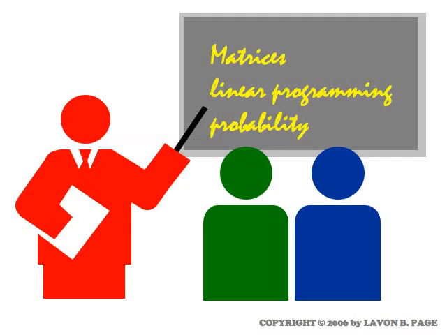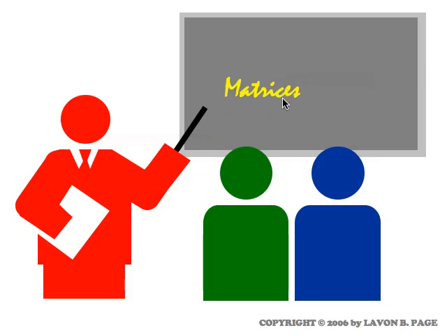This class consists of three primary topics. They are matrices, linear programming, and probability. Matrices are an important tool, and in fact matrices will be used as a tool in the other two topics. So the first thing we need to learn is a little bit about matrices as a tool, and that's the